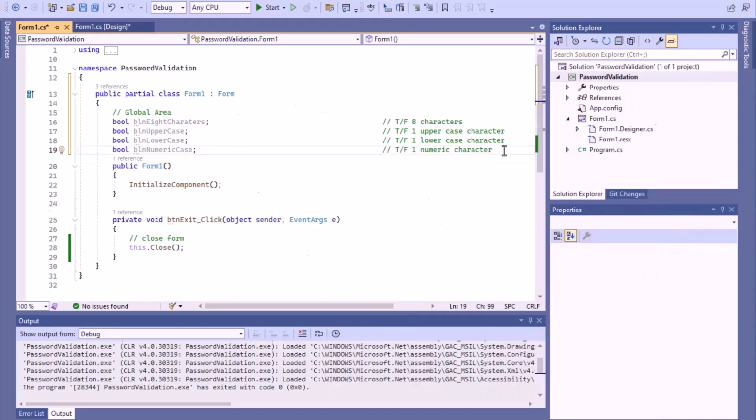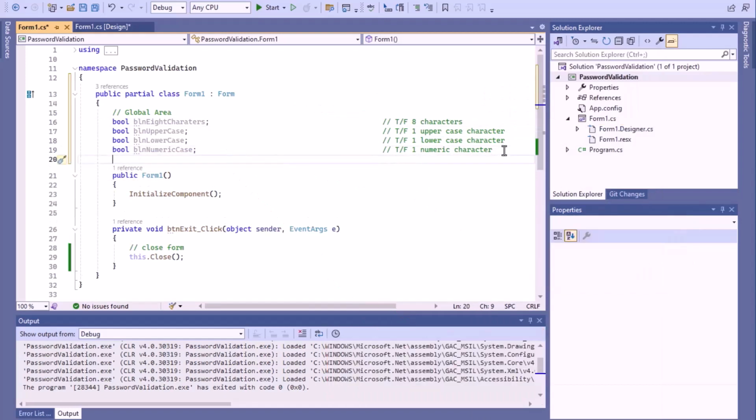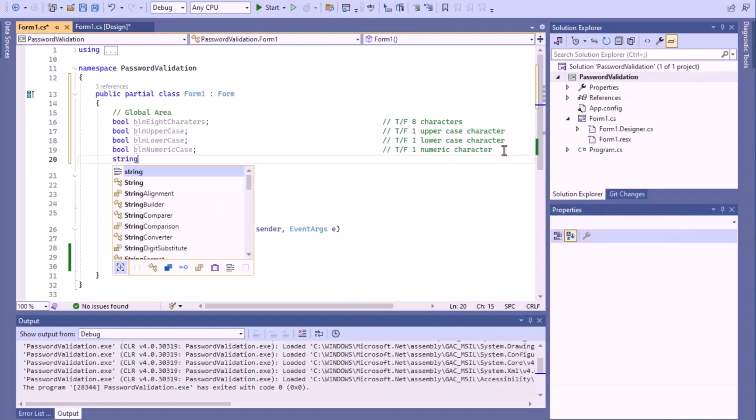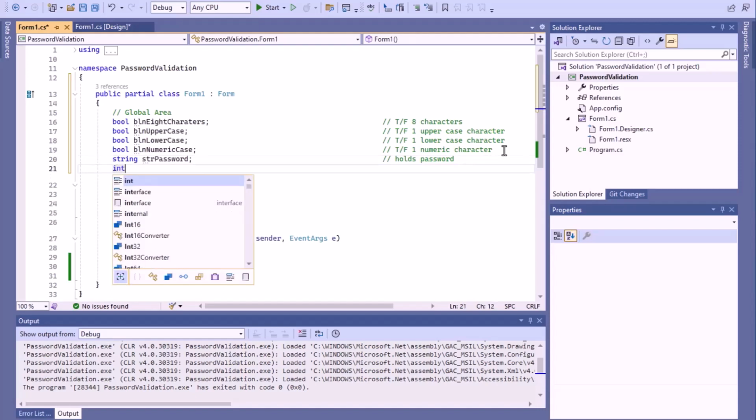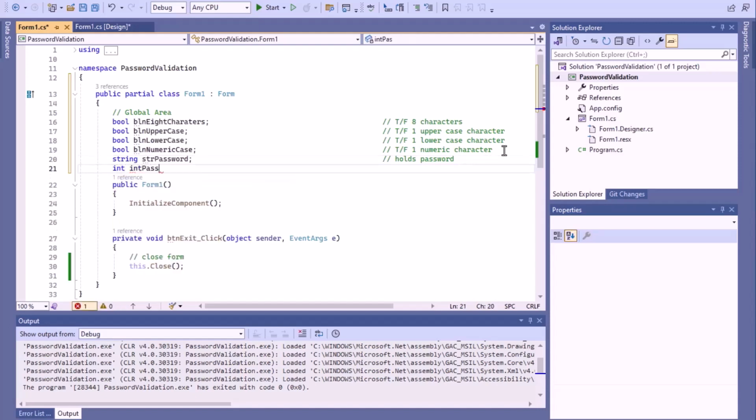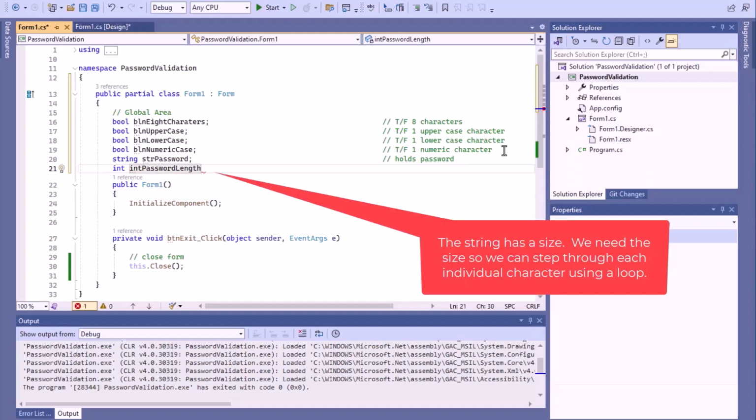What else are we going to need? Well, we're going to need a place to store the password itself when the user enters it. So a string, str password. And this is going to be what we're going to examine 1 character at a time to see if it follows the rules. Holds password. We also need an integer. We're going to call it int password length. We're going to be using loops in this procedure. Holds length